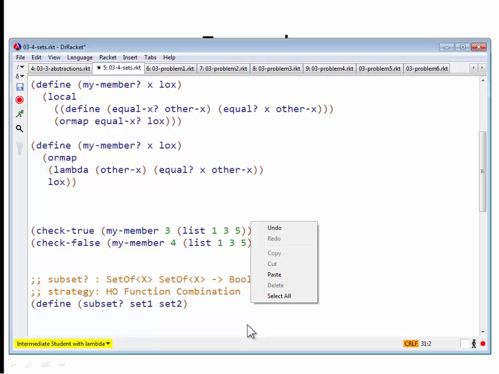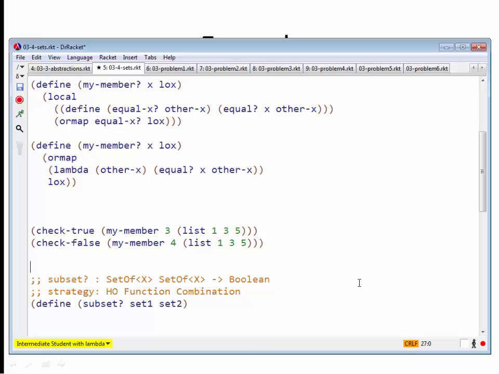Your choices are map, foldr, filter, and map, and or map. So the first question is, what kind of a value do you expect to get out? Right? What's going to be the contract for